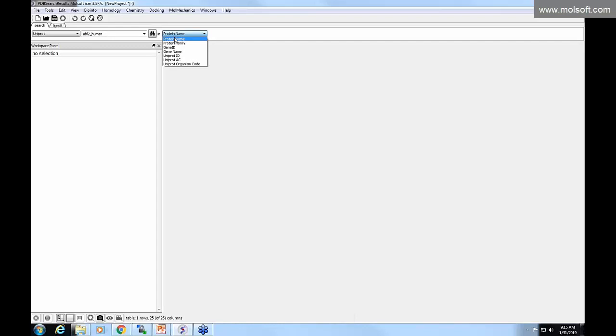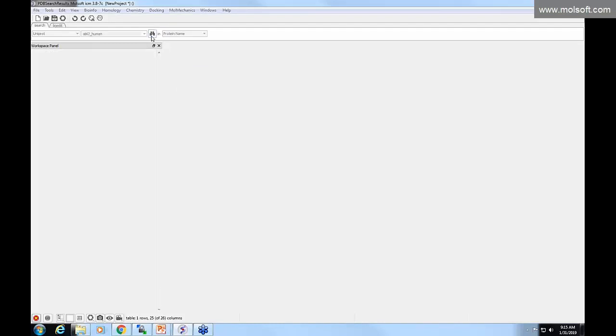related to a variety of different fields. So I'm going to use protein name. I'm going to look for an SH2 domain in the ABL2 tyrosine protein kinase, and ABL plays key roles in cell growth and survival. And so we'll look at this ABL2 structure. So you can use the Uniprot ID, Uniprot accession code, or gene name, and it will find sequences for you. But we're just going to enter in this example